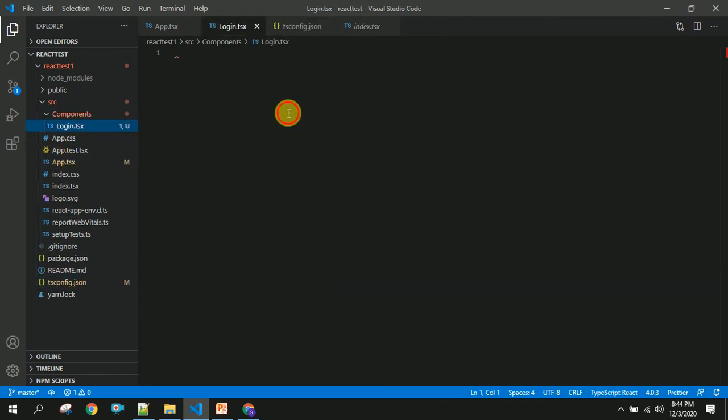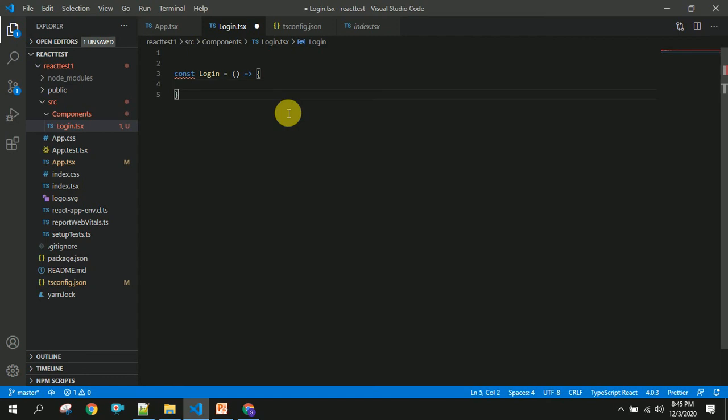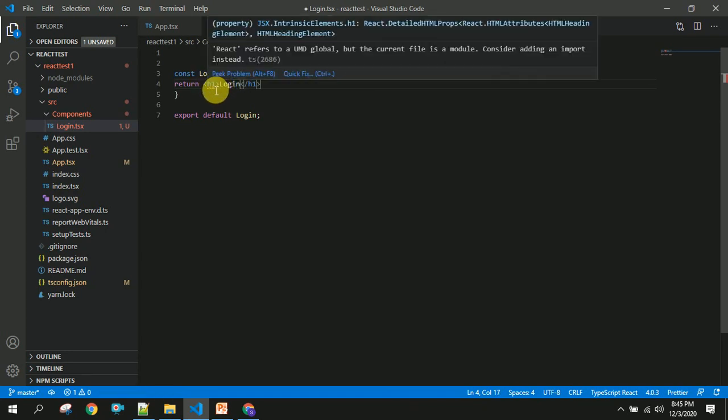And in this login.tsx I am going to create a login component, and I am going to export this login component here. Now I am going to return this. It will complain that React refers to a UMD global.